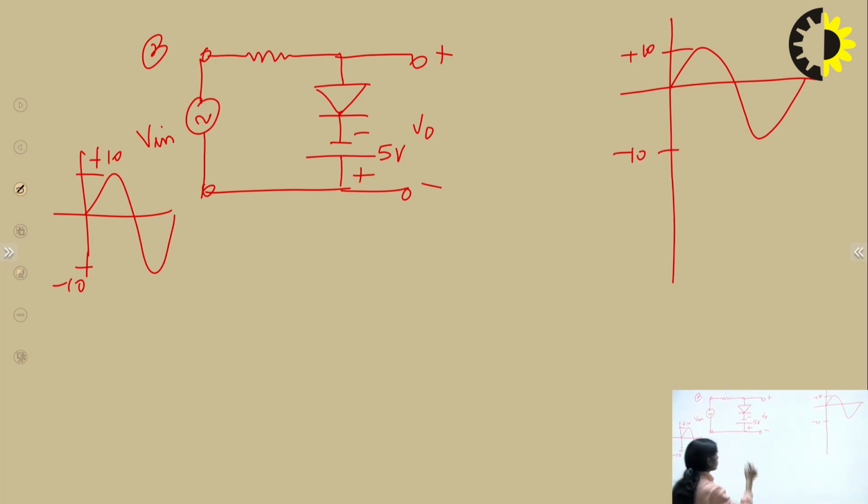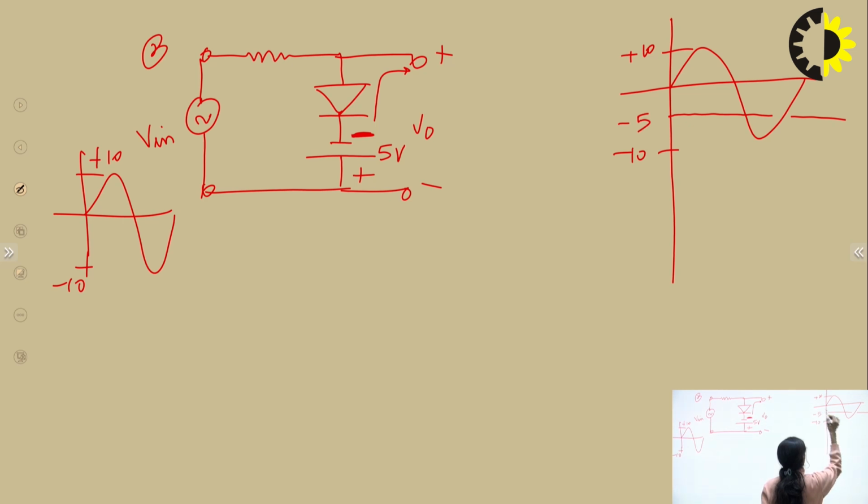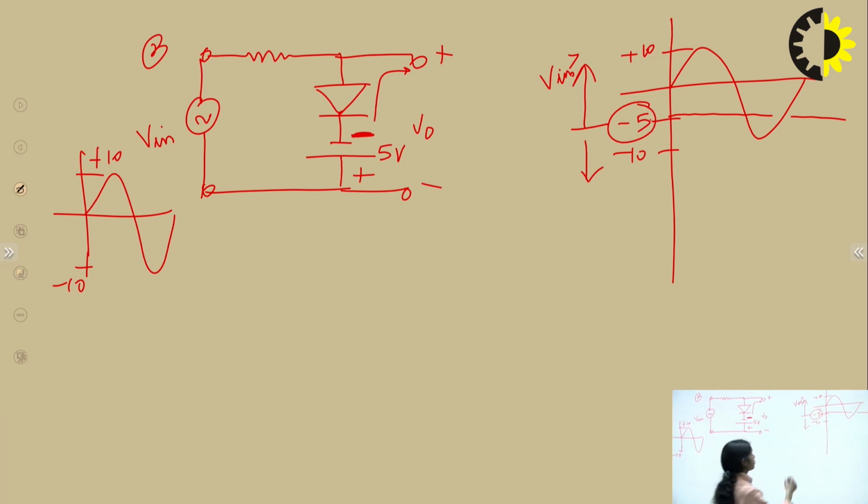Now if we mark this DC level, here negative terminal is connected to positive of output, so the DC level is marked in the negative side. This is minus 5 here. So now if we see this arrangement, it again divides the cycle in two parts. Now we will see that DC level is minus 5 here. So we will compare it with minus 5. So one case is Vin greater than minus 5 and the other case is Vin lesser than minus 5. So these are the two cases we are going to take up here.